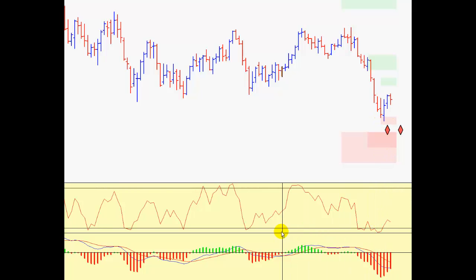If you go back, for example, you'll see the other time back here where it had moved into the oversold and came out. The nice thing is that it was supported by the MACD. It's not real strong; this is real strong, because look how deep that is, and it's so deep down here too, and then over here it's not too bad. But these are pretty shallow, but still